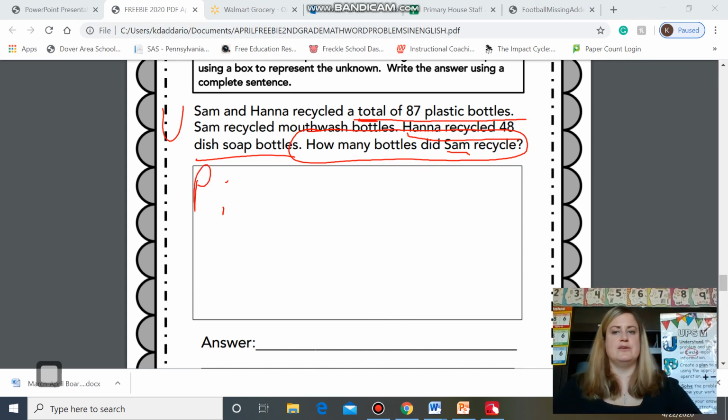This is where it gets a little tricky because if I go back up to my problem, I already know my total. So I already have an answer. I have one of the parts. I'm missing a second part. So if we go back and we think